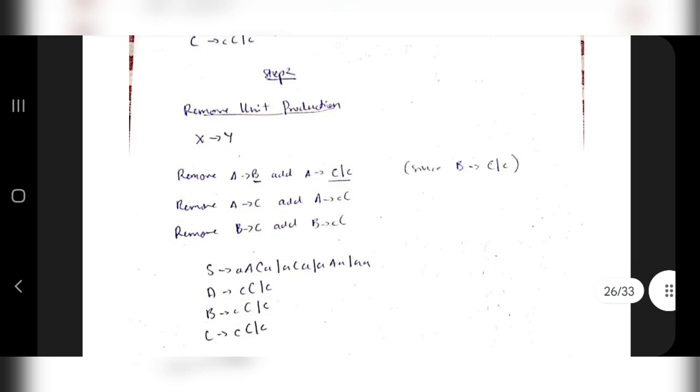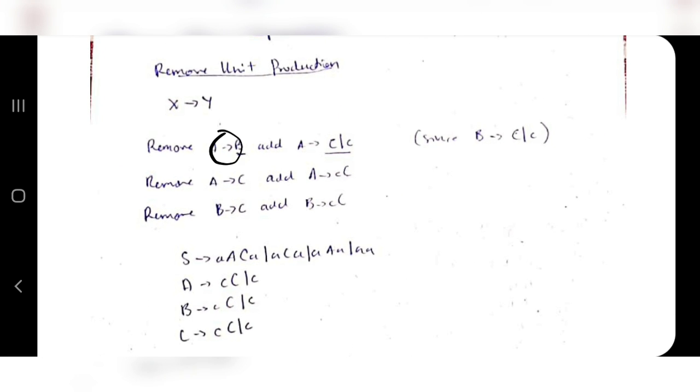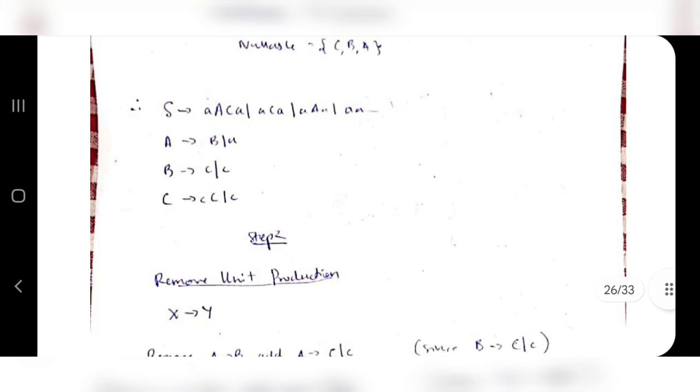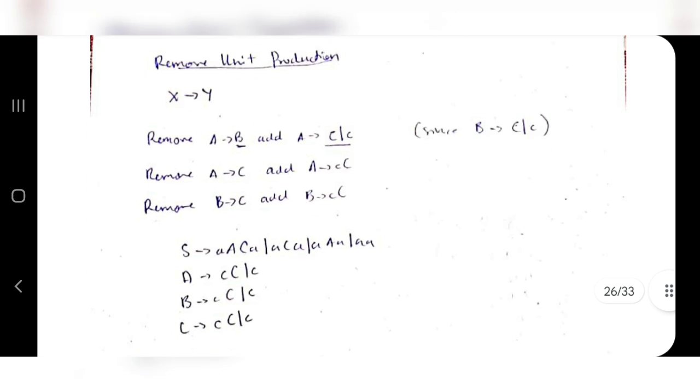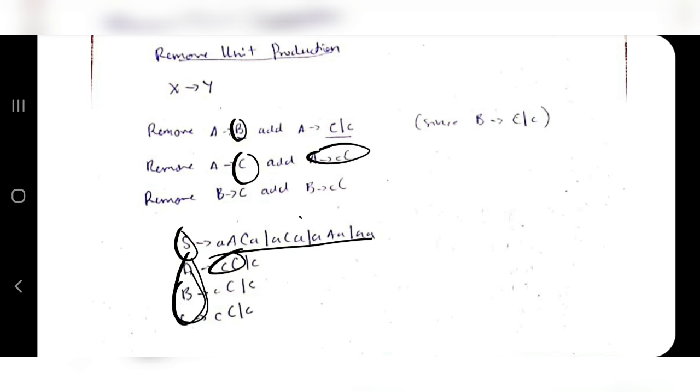Now our next step is to remove the unit productions. What is a unit production? See, A goes to B is there, right? A goes to B is there, but B itself is C and C, right? So instead of B we can write directly C and C. And C is itself CC, so instead of C we can write here CC, and this can be written here. That's what we are doing here. We are just substituting the values of B and C here. So we'll get directly A goes to CC, and same thing goes for B and C as well. Finally, when we get the values of ABC, we'll be substituting back in the S string, so we'll get the S values here.